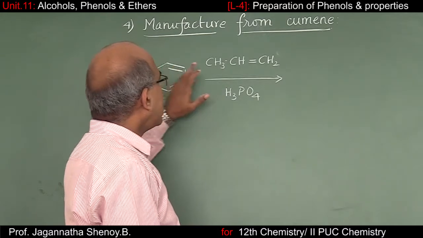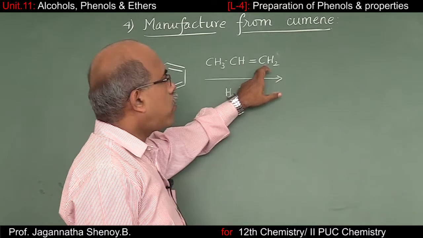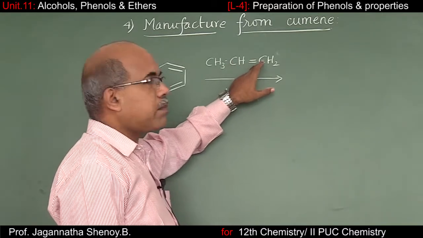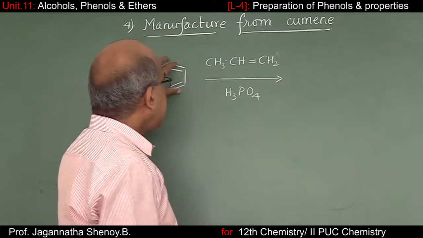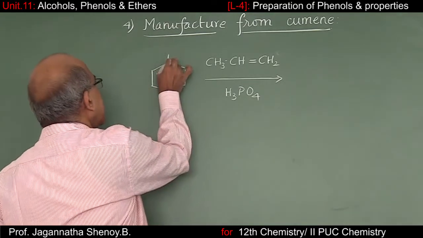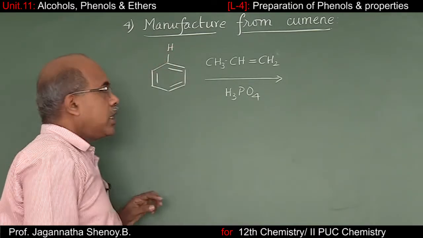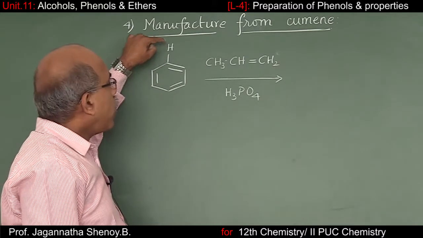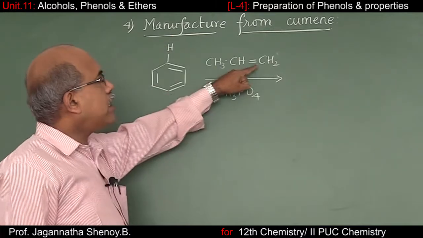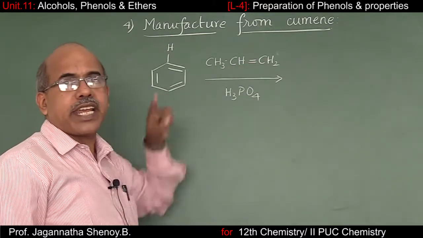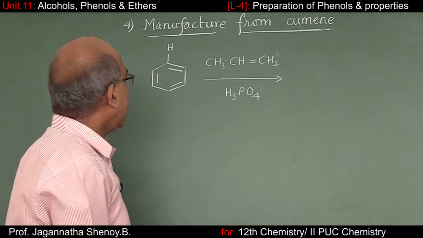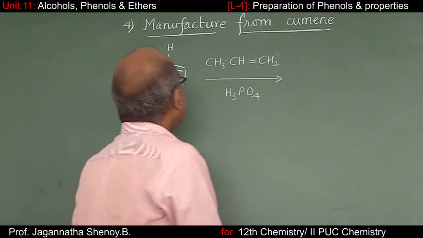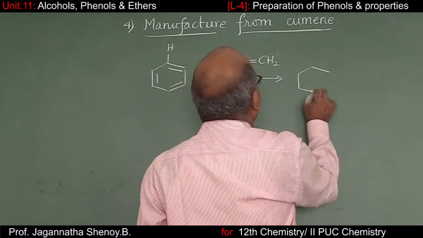Next, you know how exactly the reaction takes place. You have benzene here and you have CH3CH=CH2. You can consider it as an addition reaction across the CH=CH2 double bond. So if I write benzene as C6H5H, carbon will be the negative part and hydrogen will be the positive part. I'll write the positive hydrogen with the carbon atom involved in the double bond containing more hydrogen atoms, and the negative C6H5 I'm going to connect to the central carbon. So what do I get? I will get this compound.